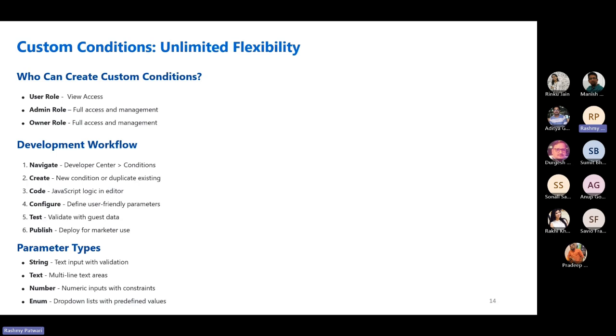So I've developed a custom condition that looks at the query parameters and makes some runtime decisions whether to show a variant or not. I've developed it on XM Cloud, so it switches a variant data source based on the query parameters. So that's one example.